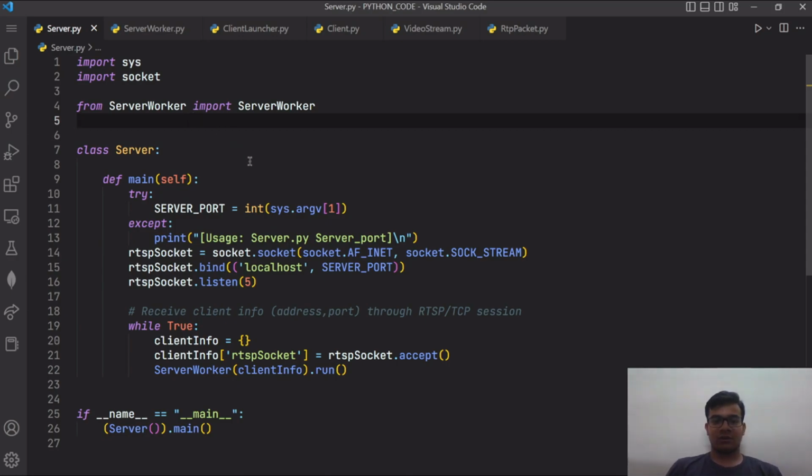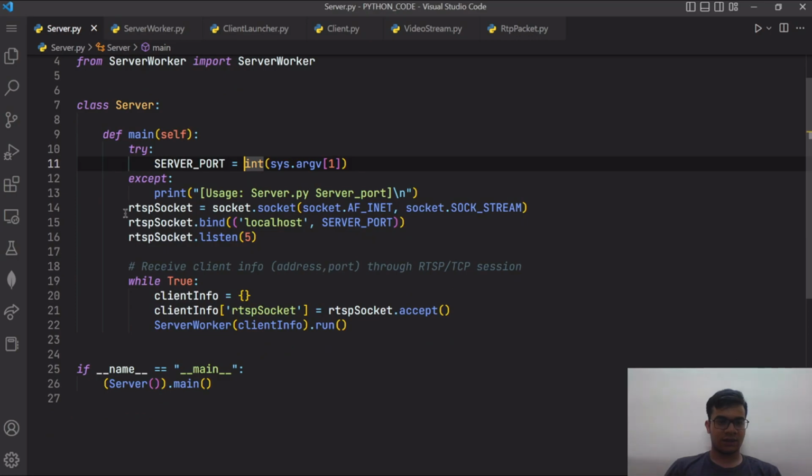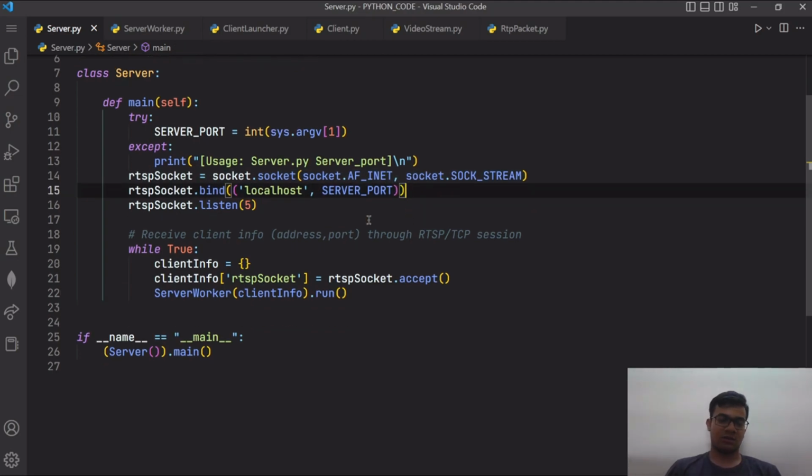In the server side code, we will give the port number as a system argument, the port on which our server is running, and after that we will make an RTSP socket and bind that socket to the server port,